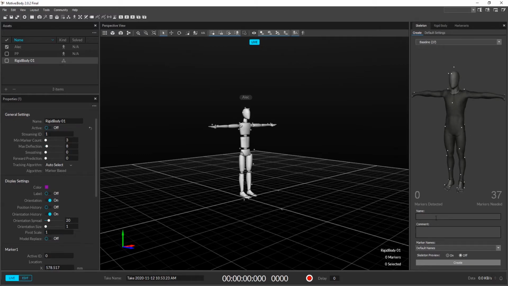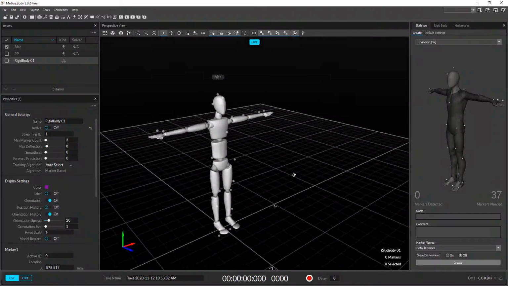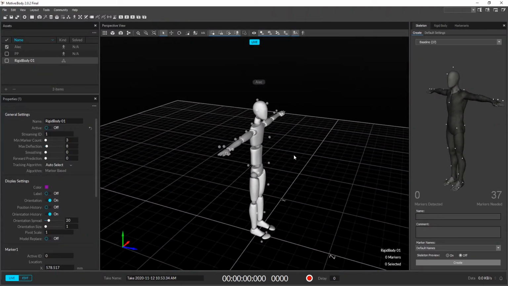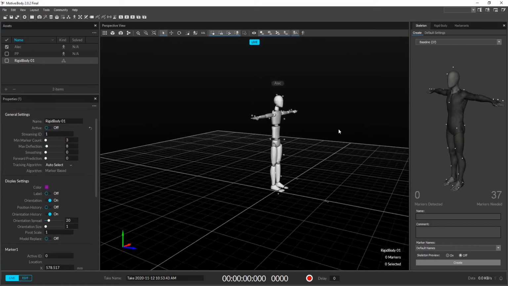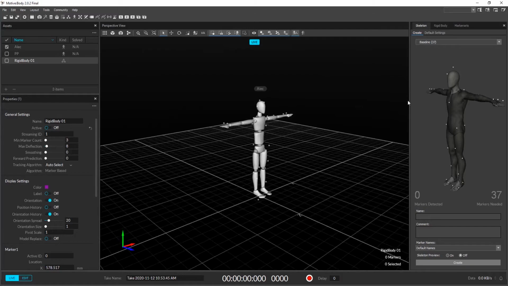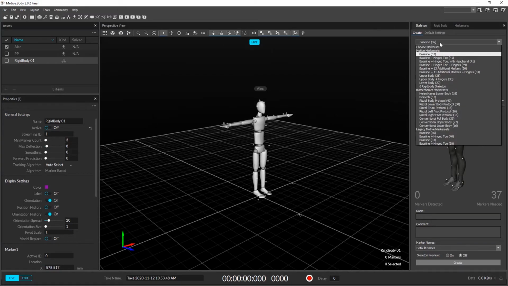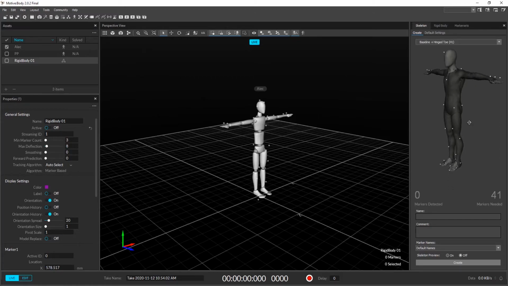You would put the name, comment of your actor, of course. Right now, I think I'm using the baseline, the first baseline we use. But this can get a lot more complex, depending on how accurate you want a performance to be. In my experience, I use the baseline, and I've also used the baseline with hinge toe, and the baseline plus hinge toe plus fingers. The difference is that the baseline with hinge toe, if I can zoom in here, it